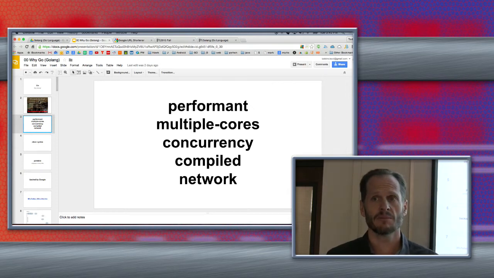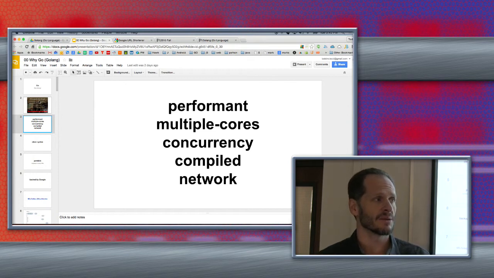If you have 8 computers with quad cores in your room, you've got 32 cores, and the program is going to be able to take advantage of that. If you have 8,000 computers distributed around the world in different data centers, with a bunch of different cores in each computer, your program is going to be able to take advantage of that. And so, yeah. Do you mind if we ask questions?